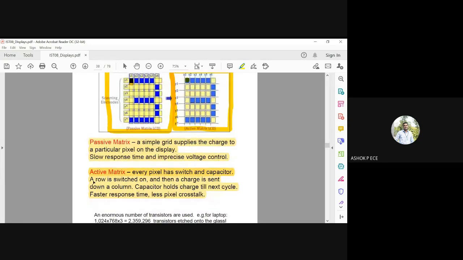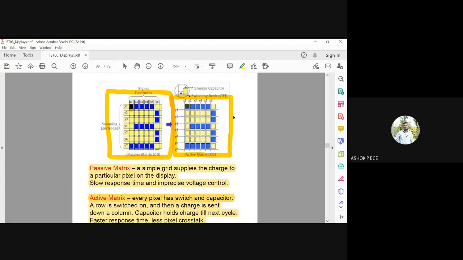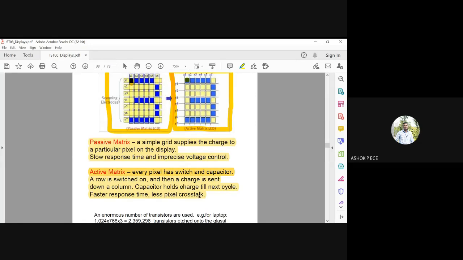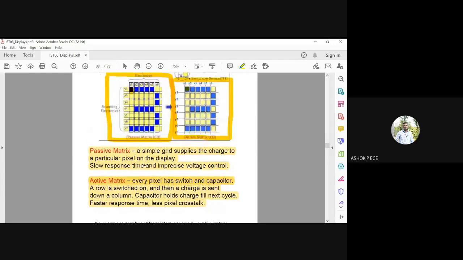That's what is given here. You see, a row is switched on and charge is sent down a column. The capacitor holds the charge until the next cycle. Till the next display command comes from the control unit, this capacitor will be holding the charge. All these pixels are considered to be independent. When they are independent, you will not have any crosstalk, and it is faster in response time also. Passive matrix is very, very slow, and there will be confusion in display also. It sometimes becomes imprecise, but active control is very, very fast, and it can display things very fast, and less